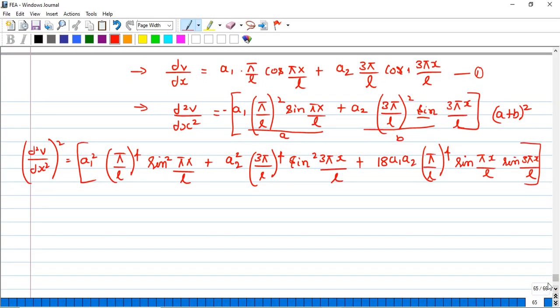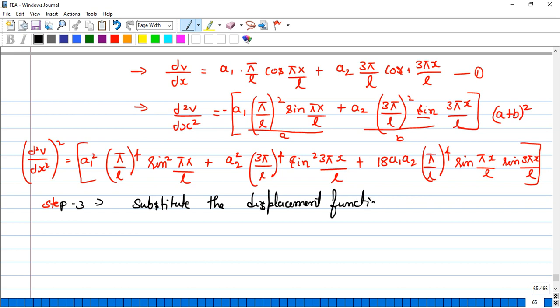Yes, this will be the equation (∂²v/∂x²) whole square. Okay, next, the third step. Let me take a different color, step number 3. Here we need to substitute the displacement function into the potential energy functional. We have to do that. So what is that potential energy functional? That is given by